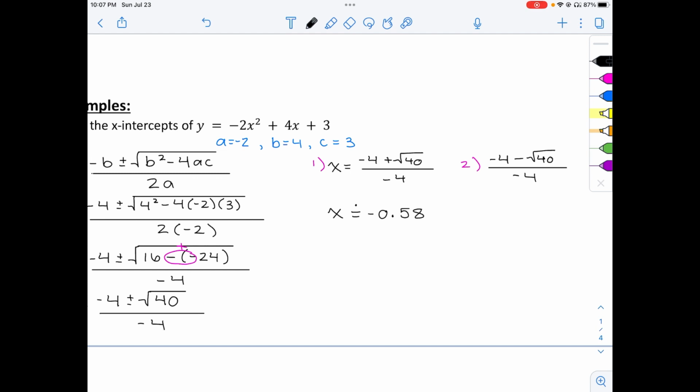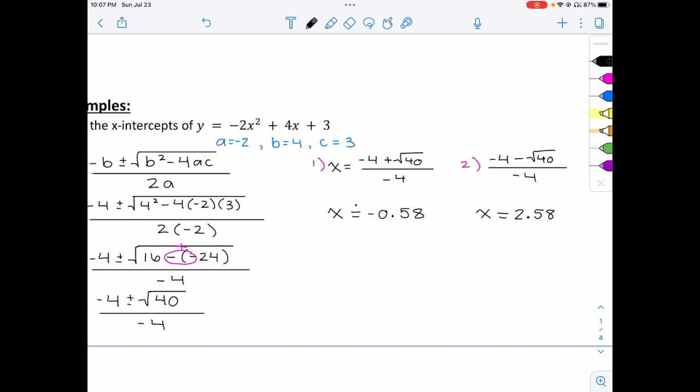Usually you're going to have a very long gross decimal. That's fine. That's what's expected. It's why we're not able to factor. But just round to 2 decimal places. And then with the second one, when you calculate that, you should get x equals